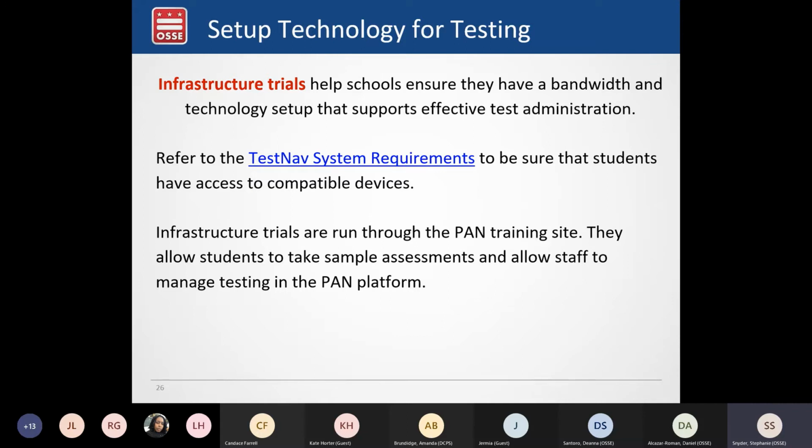So a lot of the things on the training site look and feel very similar to the real site, but it's a way to do that without the stakes of accidentally changing student registration information.